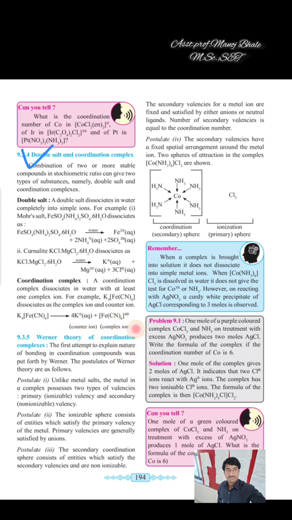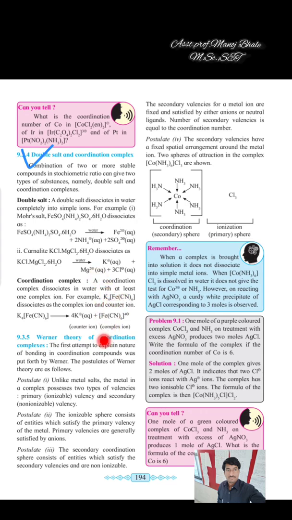There is just a separation, a formation of only the counter ion. There is no breaking of the bond between Fe and CN. The bond between Fe and CN does not break, and because of that this is incomplete dissociation in water. So this is the meaning of the coordination complex. A double salt means complete dissociation in water, and a coordination complex means the least dissociation in water. That is the meaning of the double salt and coordination complex.